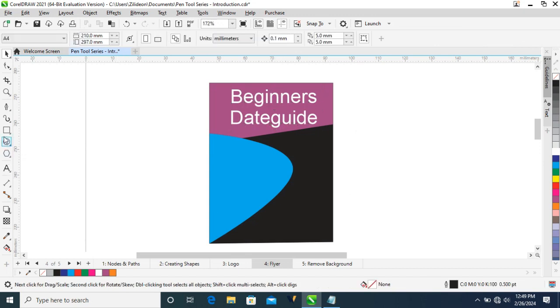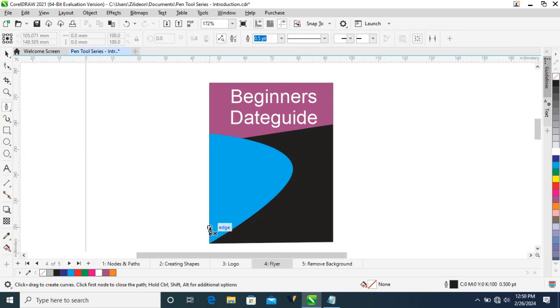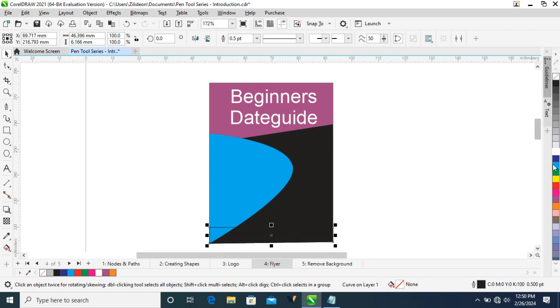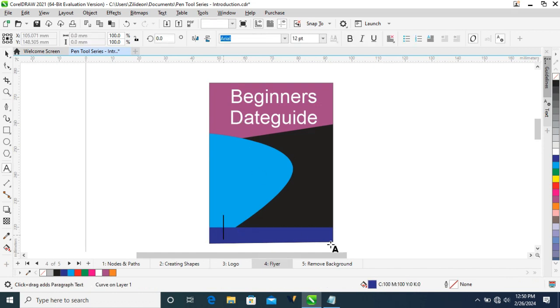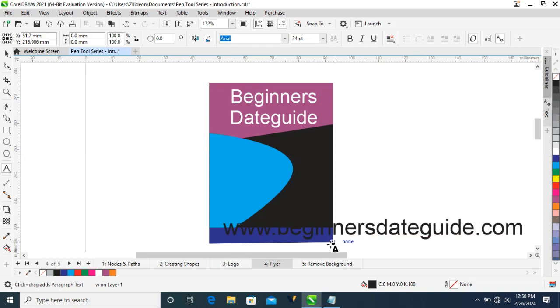I'm going to pick the pen tool again, and let me do something here. Create a very simple rectangle here. I don't know, and just get this and give it some color, let's say it's blue. Sorry. I'm going to remove the outline, right clicking, and I'm going to press F8 to have the text box and say